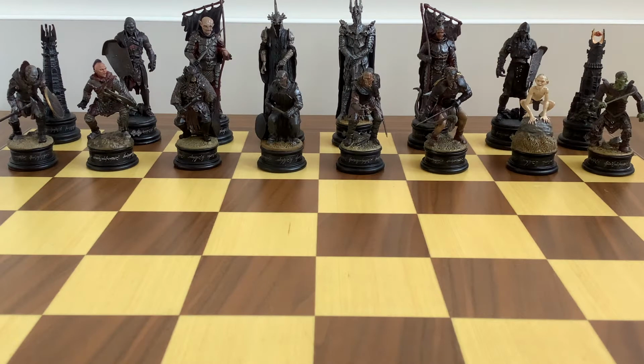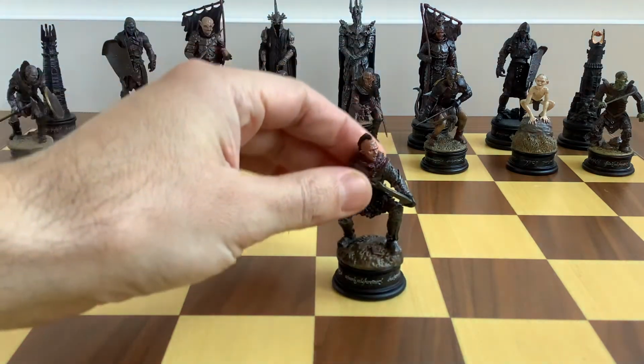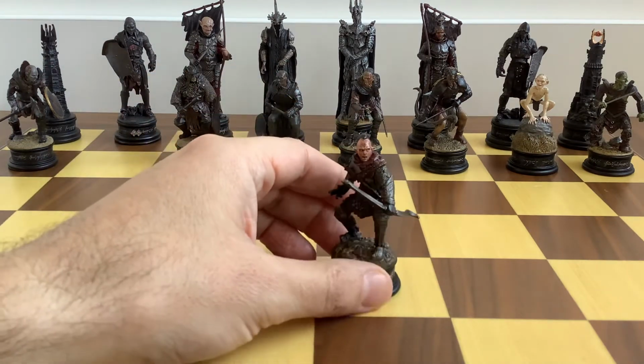I got them in about 2004, 2005, something like that, just after the films had been released. They're obviously based on Peter Jackson's version of The Lord of the Rings. And it was one of those deals where you got... let's just take one out. This little fella. It's one of those deals where you paid about £7.99, I think it was, £8 per piece,